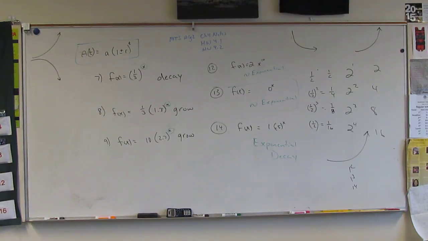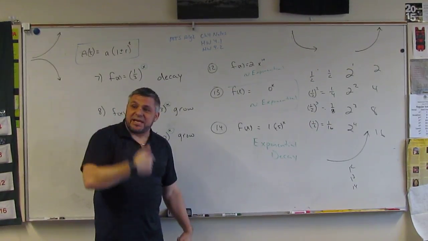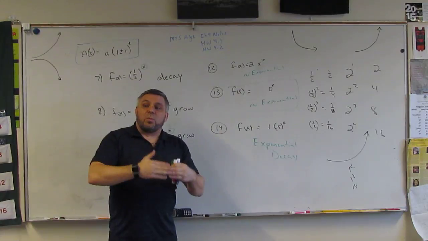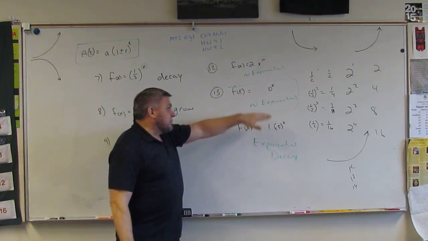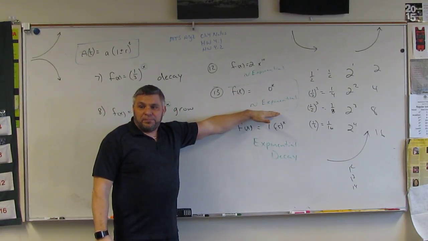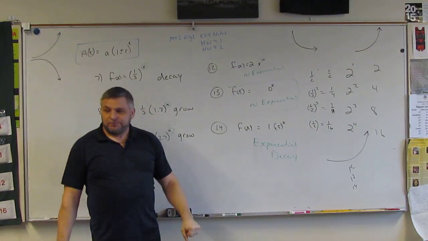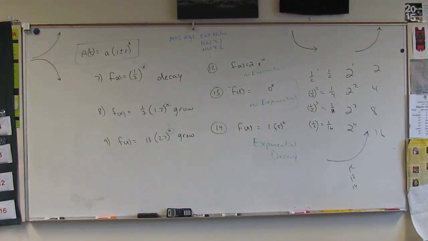Wait, for the 0 to x, what is it? So from 0 to 1 is decay, right? From 1 to infinity is growth. Okay? So if it's a 0 or a 1, it's not exponential. Oh, so you just put not exponential. Yes. Good questions. Making sense? This can be a really easy chapter, and I'm not going to go really far in the logarithms with you. So this should be a really fun